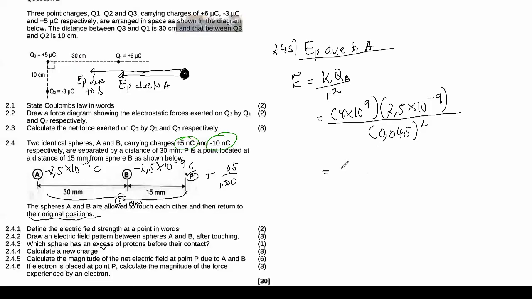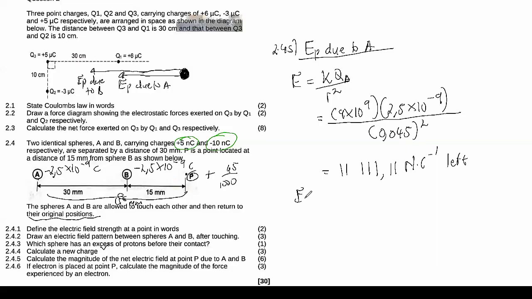So it will give us 11,101.11 Newton per Coulomb. And to which direction now? We can see that it is being attracted towards that point. So it needs to be going to the left. Right. Okay, so now let's calculate